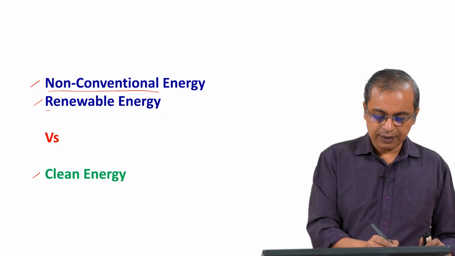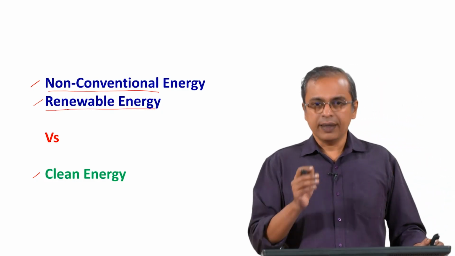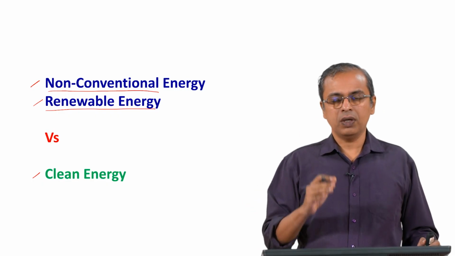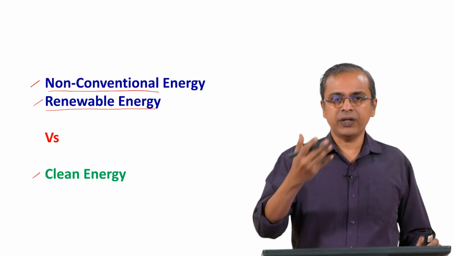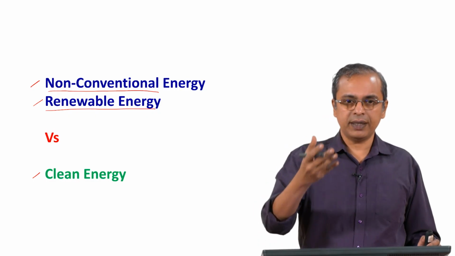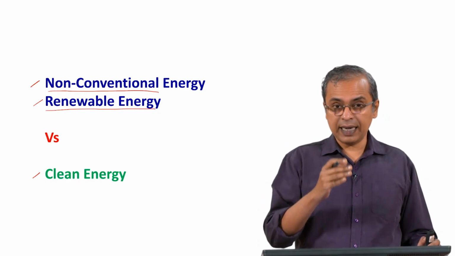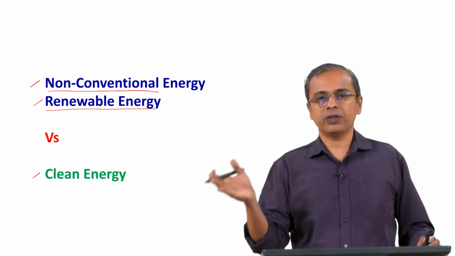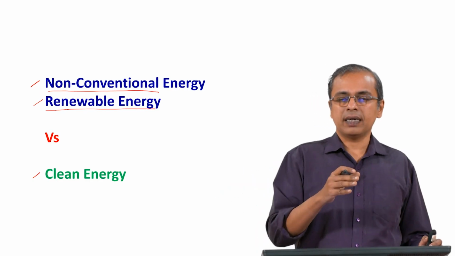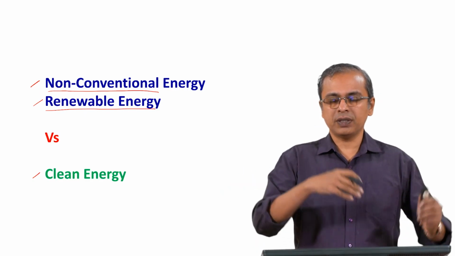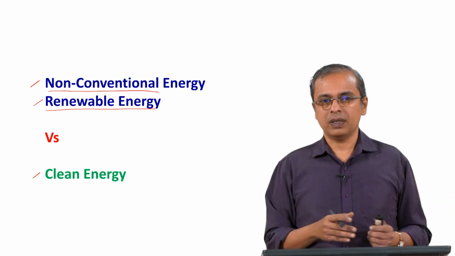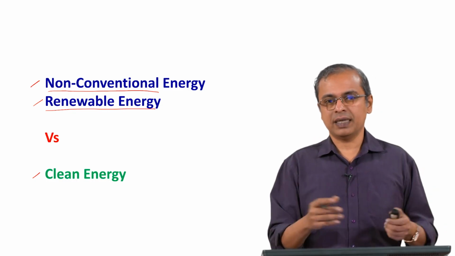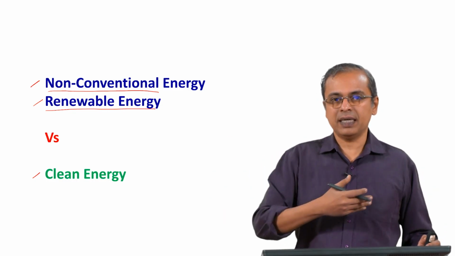Then there is renewable energy. Renewable energy simply means you can renew the source of energy. Either we can renew it, or nature automatically renews it, at a time scale and rate in line with how we are using that energy. In principle, if you stop using fossil fuels now and wait another 20 million years, you may get fossil fuel back. That does not mean it is renewable energy. We want it in the time scale in which we are currently using it.